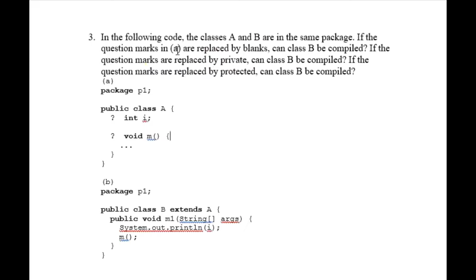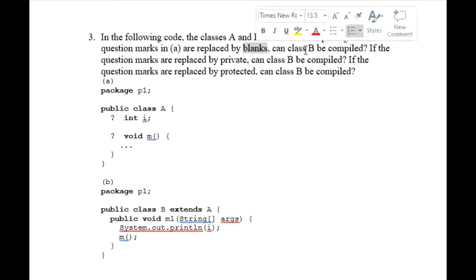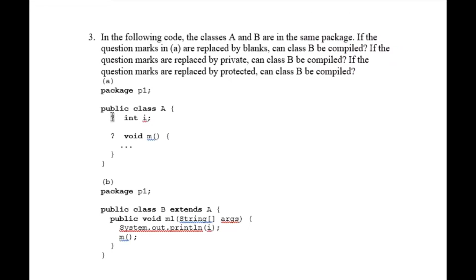Okay, let's see code A. If the question marks in this program, code A, are replaced by blanks, can the class be compiled? When you do not write any access modifier, it is called the default access modifier.